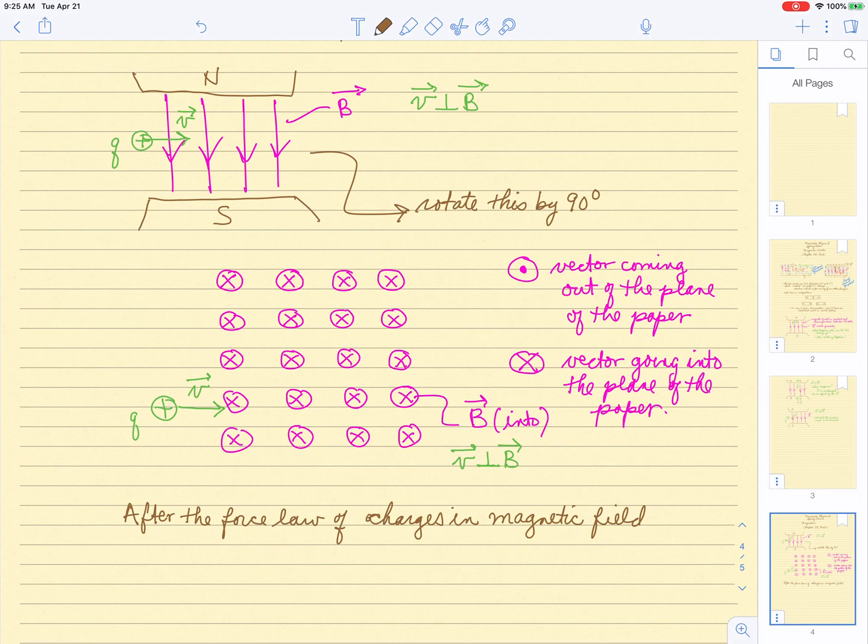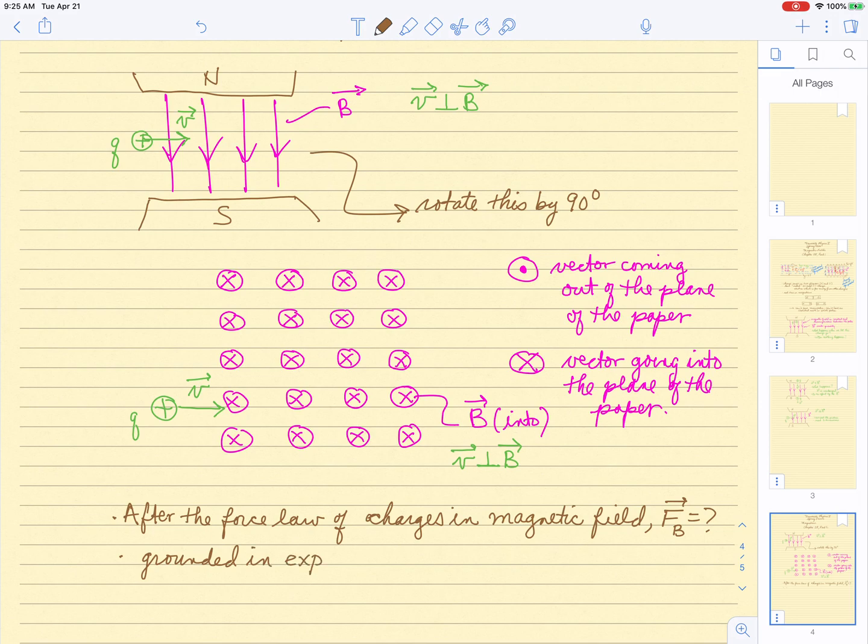That's what we're after, right? So what does the force law look like? Okay. And this is strictly by experiment. This is not grounded in any more primal theory. This is going to be completely grounded in experiment,